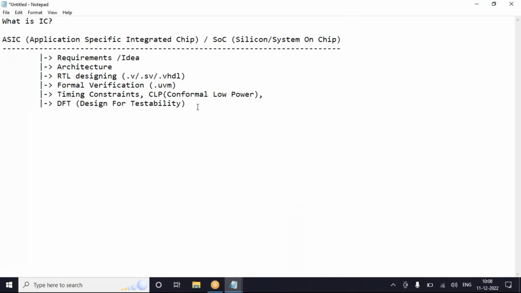Okay, so moving forward, DFT is the stage where scan chains are getting inserted, and those people will be responsible for testing your chip. They will be working at different stages. It's not only before; it can be after your synthesis or after your PNR, they will try to test it such that there will not be any failure. Okay, so DFT, and after DFT, we will be having synthesis.